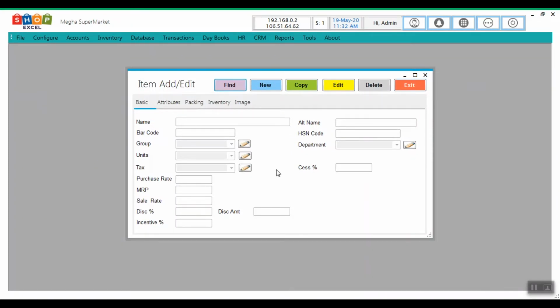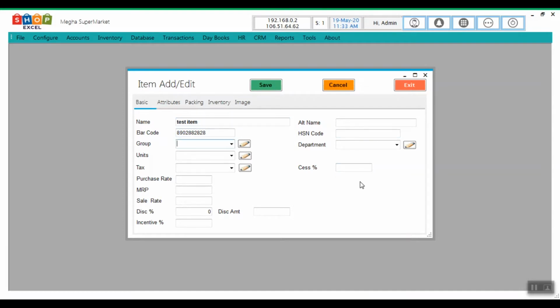It will take you to the item master screen. If you want to add a new item, you can click on new, enter the name. If the item has a barcode, you can scan the barcode. Automatically it will store the barcode here. Then HSN code.